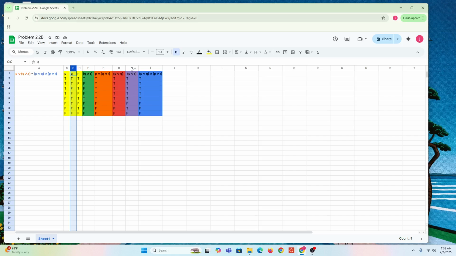And then the next chunk that I took on is P or R. So again, I'm just going to consult my columns that I created here. So P or R. And because it's OR, only one of them has to be true for it to be true. So that's how I created these, is just consulting the P and R columns. So I filled out those truth values,